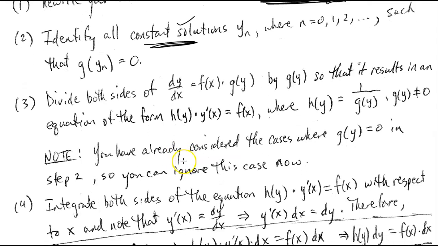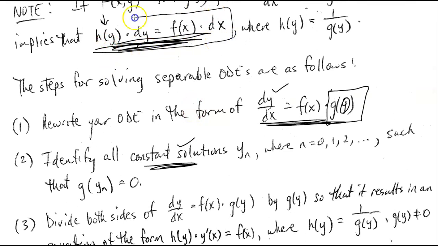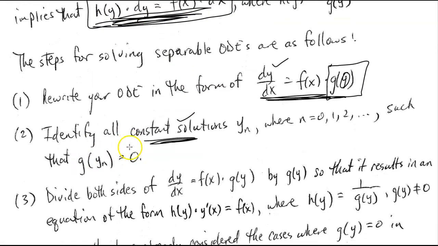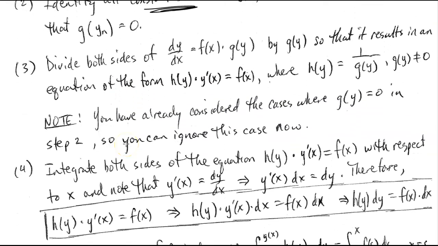From that point, step 3 is to get this rewritten into a form that looks like this. You're going to see in the examples that I do, at least for some of them, I'm going to take a more formal approach to getting it into that form. There is a quick and dirty way to do it, and I'm going to resort to doing that for at least half of the time, but I am going to do at least 1 or 2 examples where I show you the formal way of doing it,